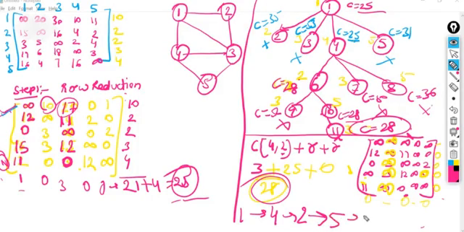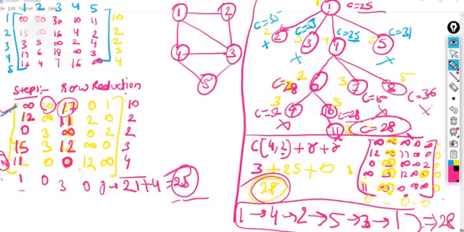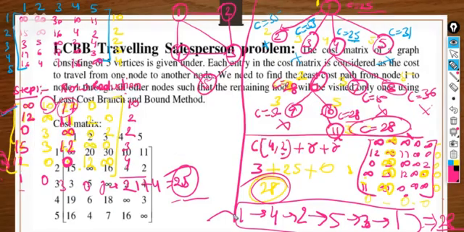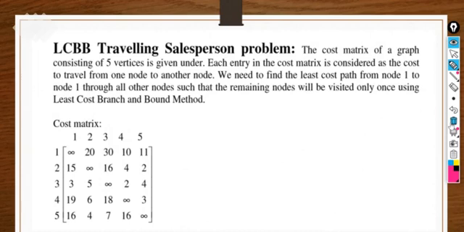Then the fifth node, then the third node, and at last he has to come back to the original position, that is node number 1. And how much cost is it taking here? The minimum cost or minimum distance tour that it will cover is with the cost 28. So it is all about the traveling salesman problem with the help of branch and bound. I have taken this example, I'm erasing it and showing it in the PPT here.